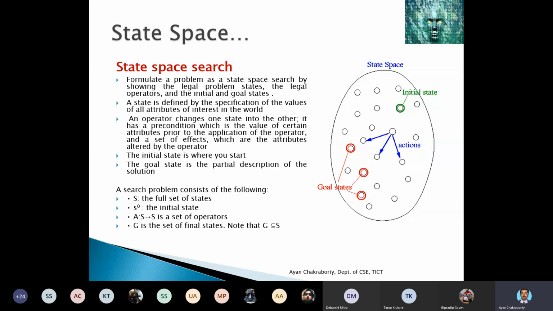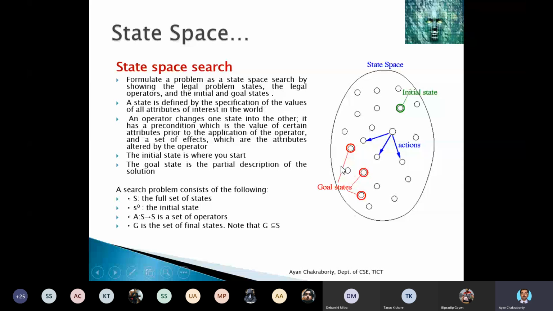We do that by using different types of actions, which means a set of operations. So A colon S to S means we are changing from the current state to the next state. And G is the goal state or the final state, where G belongs to S.